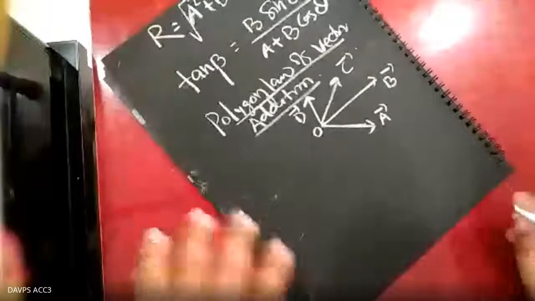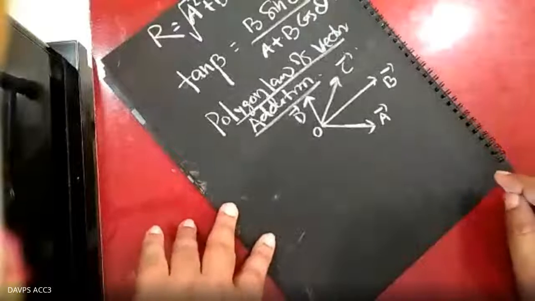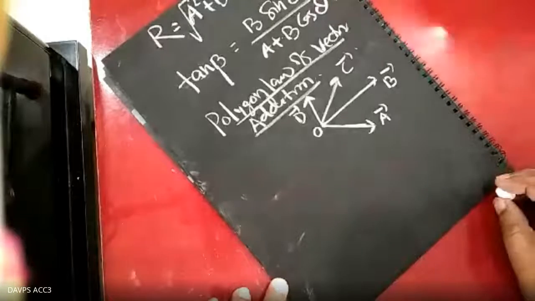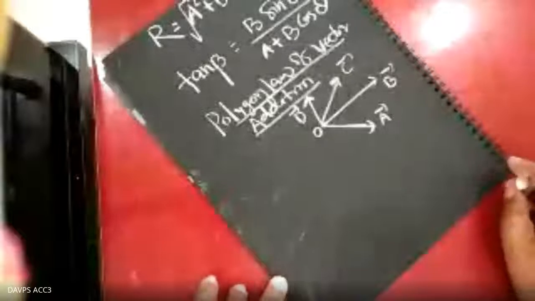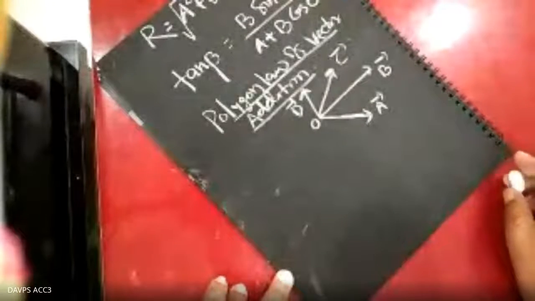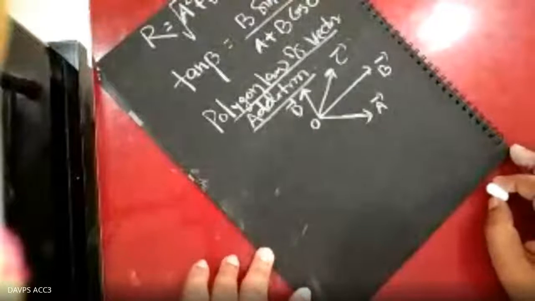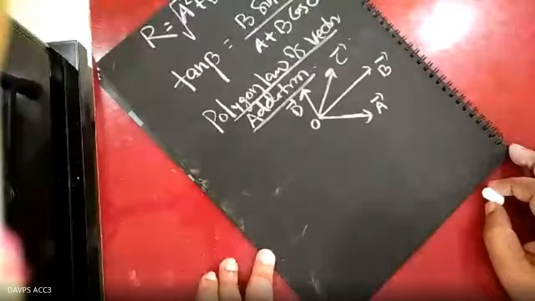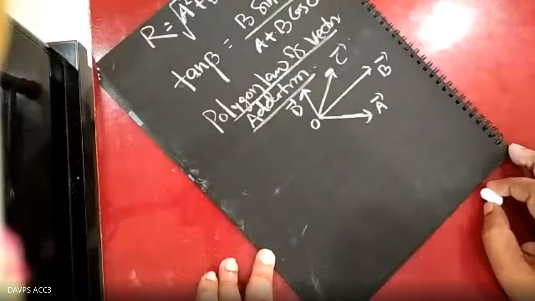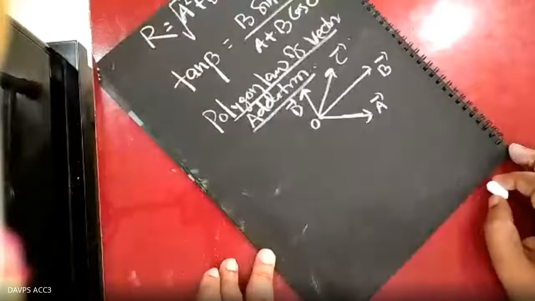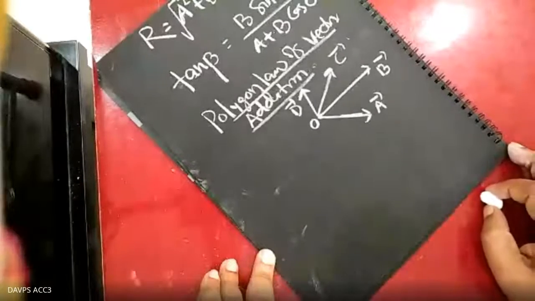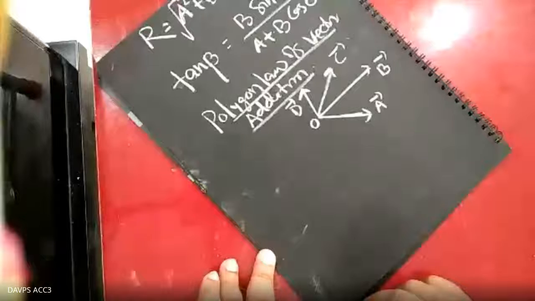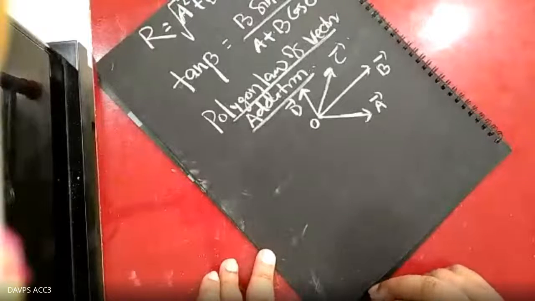So what the definition tells, you can write polygon law of vector addition. If a body is acted upon by the different vectors, then all these vectors are represented by the sides of an open polygon taken in same order, then the closing side